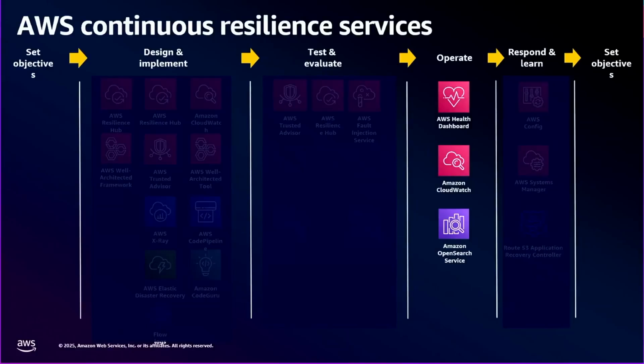A few good services here are in CloudWatch. CloudWatch is a fairly comprehensive service of observability tools, but specifically in CloudWatch there's a feature called synthetic canaries that can do things like run canary checks on your website or API endpoint to inform you of your customer experience on your website or your application so that you're informed before your customer informs you that, hey, there's something wrong with this API, it's down. So it's a very good feature in CloudWatch to use in the operate phase.